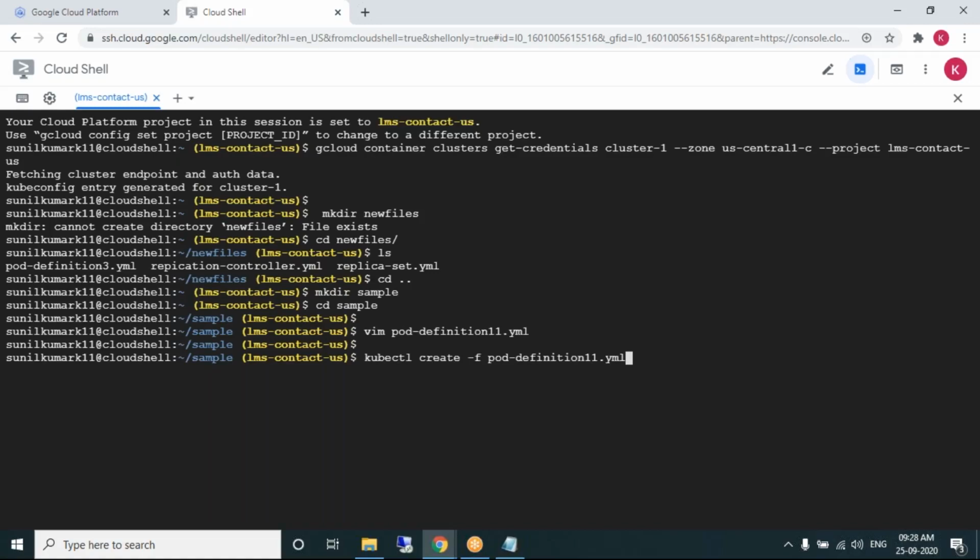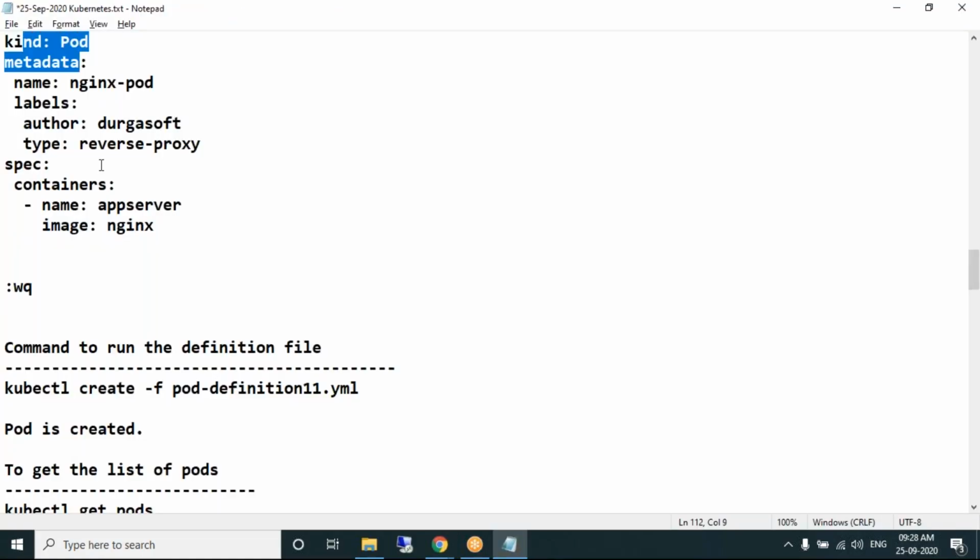Observe. Pod created. Yes, because in the definition file you want to create a pod, right? So that's the reason the pod got created. See, I want to see the list of all the pods now in our cluster.